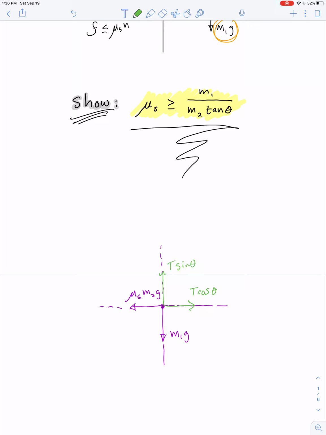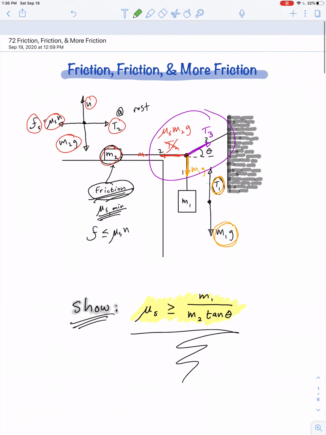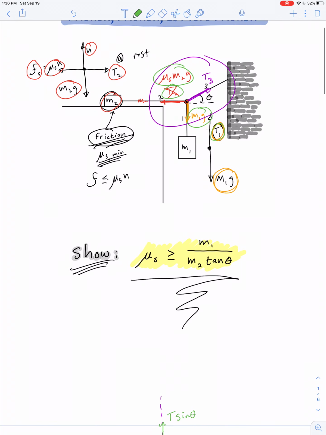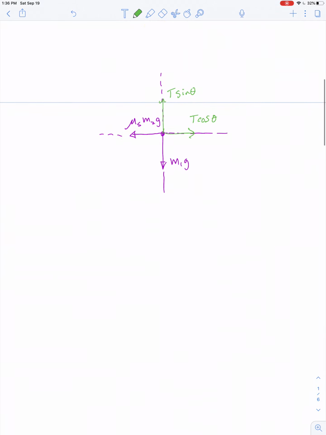I guess I don't have to call it T subscript 3 anymore at this point, because we've already expressed T1 and T2 in terms of other quantities, so I don't think there's any confusion if we just call this T. So T sine theta has to be equal to M1G,